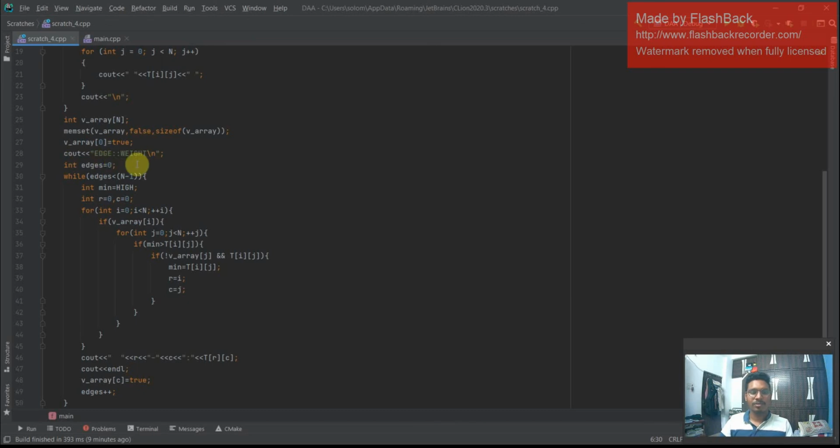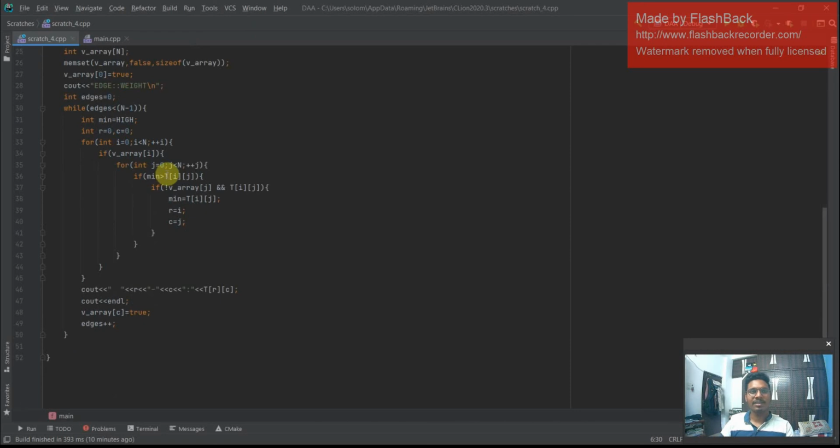Count edges and weights. In this case we are directly going to give all the weights, and the edges are going to be given by the computer itself. So int edges equal to 0. From 0 the edges will start, 0 to some number, and some number to the next number. In that way this goes on. So int r equal to 0, c equal to 0. For int i equal to 0, i less than n, i plus plus, if v of i, for int j equal to 0, j less than n, j plus plus.